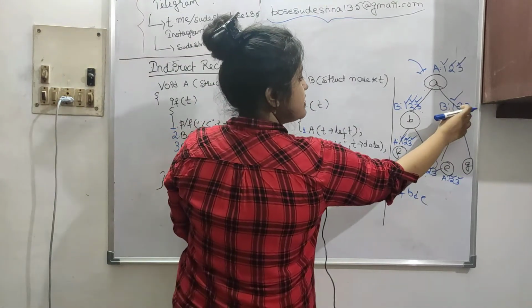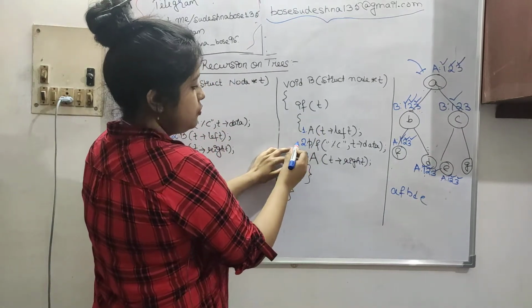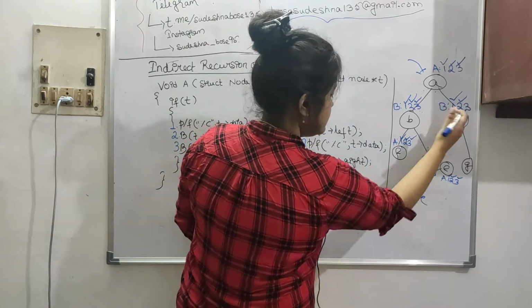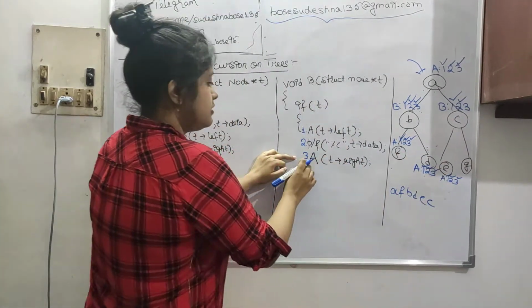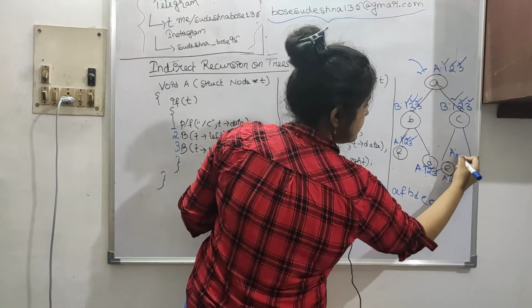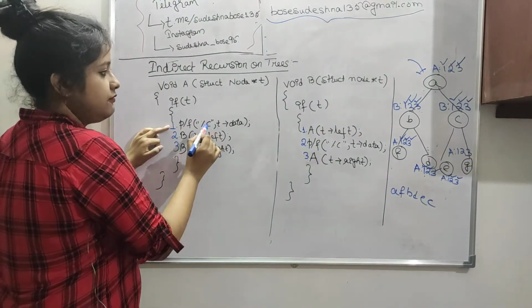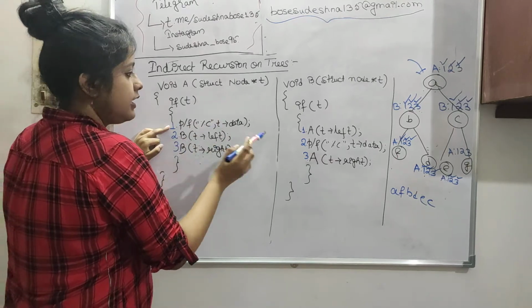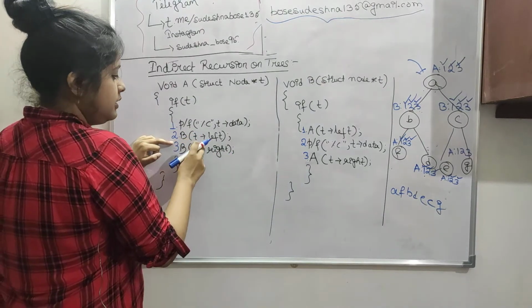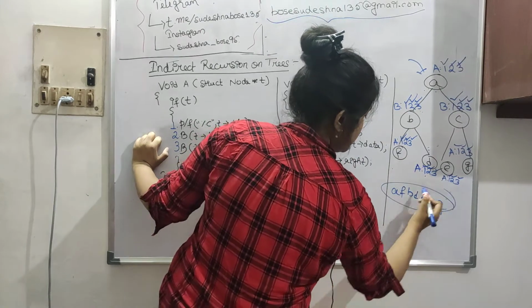Now we go back to its parent. E's parent is C. So what is C? We are left with 2 and 3. 2 means T arrow data is printed. So C is printed. Now number 3, A of right. Let me write it here, 1, 2 and 3. So 1, 2 and 3 means printf of A, T arrow data, G is printed. Again T arrow left, T arrow right, nothing is there. So this is our output.